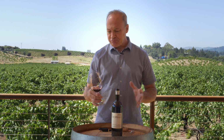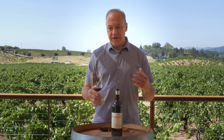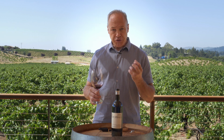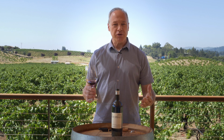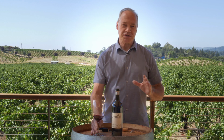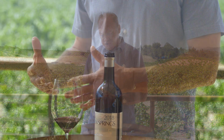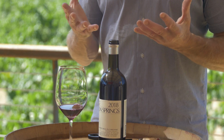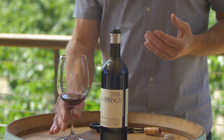And on the palate, very recognizable with, again, that raspberry fruit, but then immediately you get some firm structure, which comes really from the vineyard. A lot of clay in the soil, which lends itself to a bigger shouldered type of wine. And of course, the interplanted Petite Sirah is bringing that color and that tannin to the wine. So in its youth,